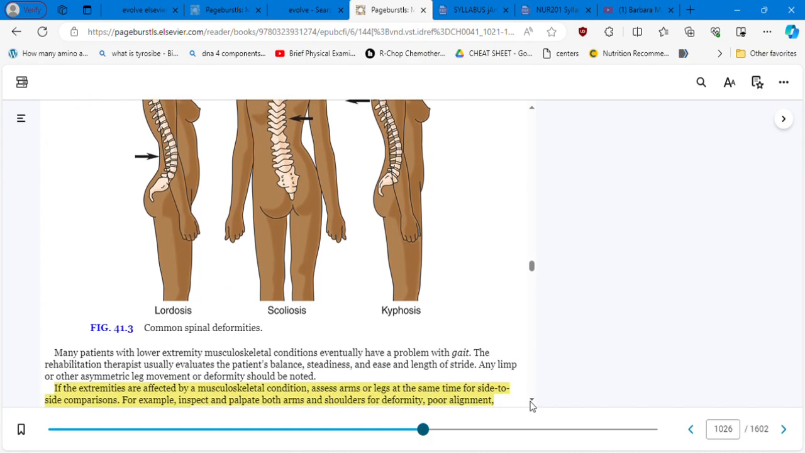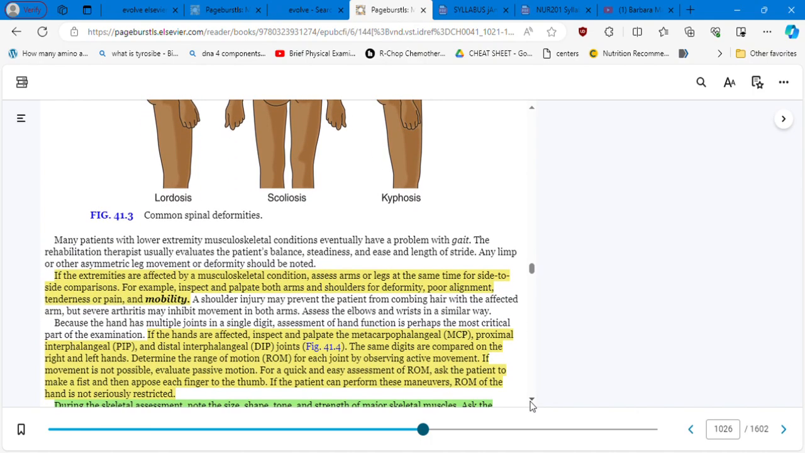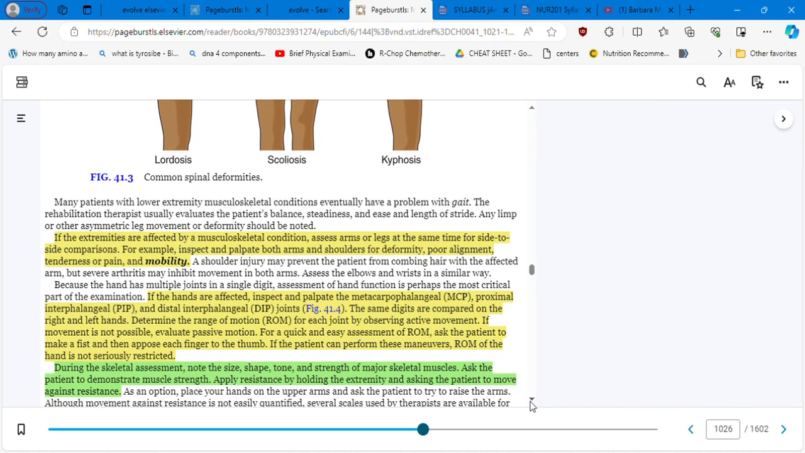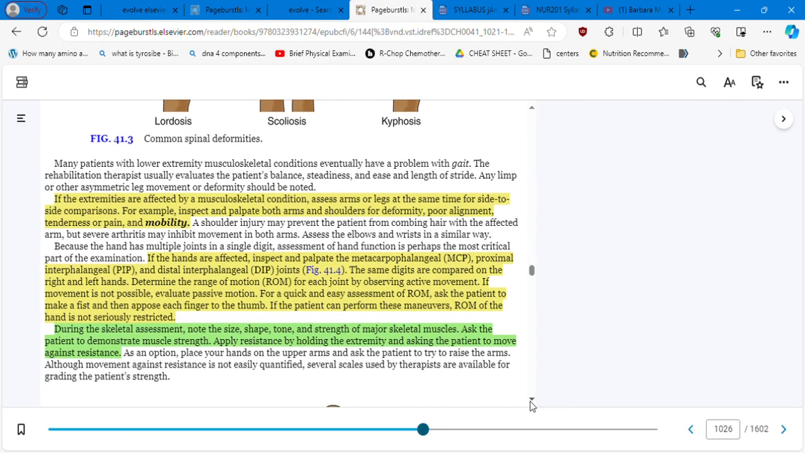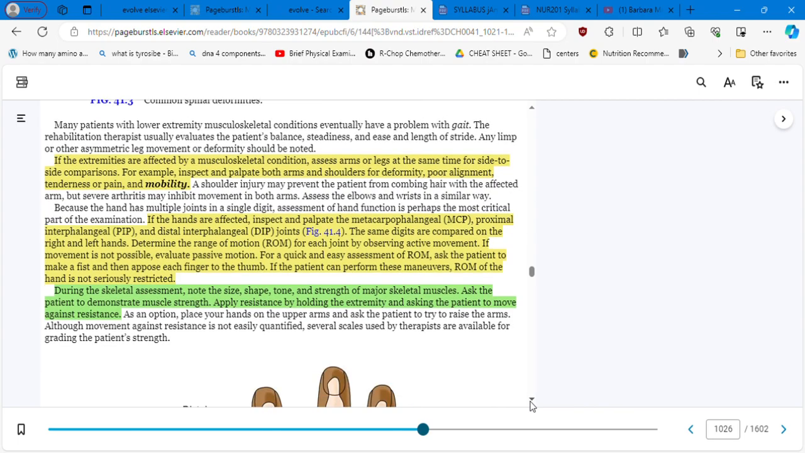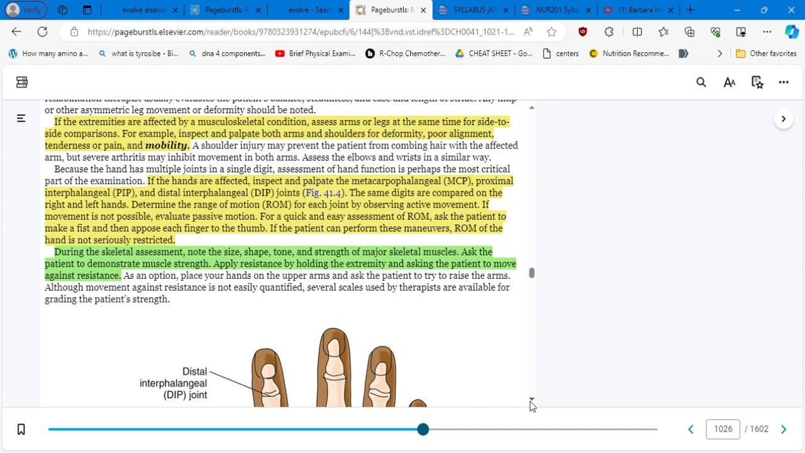These are the three that you need to assess. If the extremities are affected by a muscular condition, assess arms or legs at the same time for side-to-side comparisons. For example, inspect and palpate both arms and shoulders for deformity, poor alignment, tenderness or pain, and mobility. If the hands are affected, inspect and palpate the